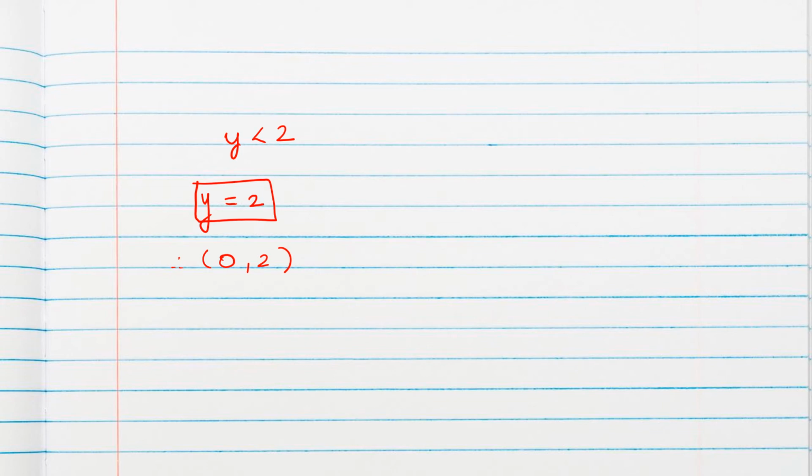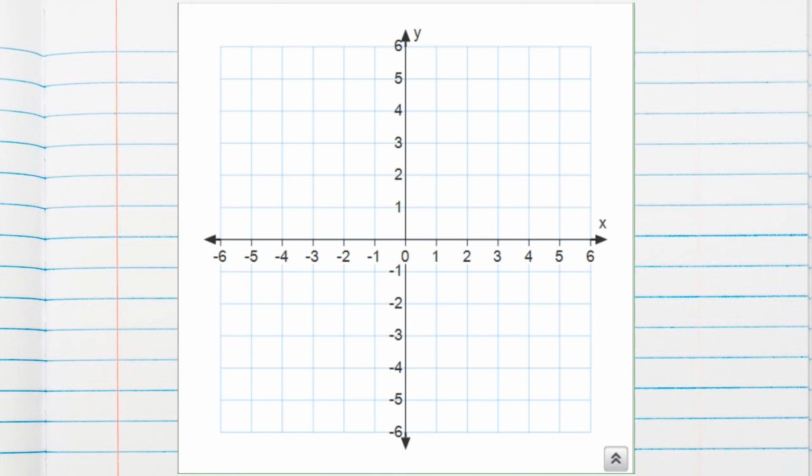Now we will draw the graph of this. For the 0 0 test, how can we do it here? Only one variable is there, so we can put 0 less than 2. So yes, that means the solution region of this inequation should contain the origin. So the solution area will be towards the origin. Now we will check on the graph. We know the point is 0 comma 2, and the line is parallel to the x-axis and passing through the point 0 comma 2.